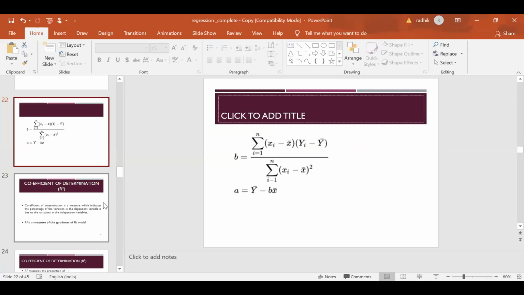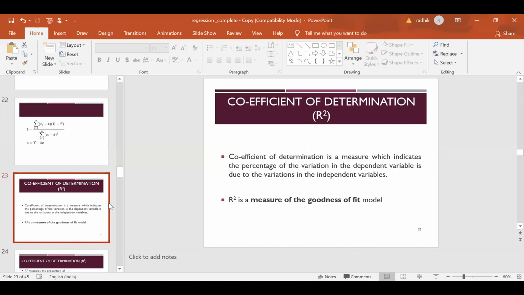Now coming to the next part, what we have to check when we do a regression equation. We have to check one more thing, called the coefficient of determination, or R square. You know about the correlation coefficient, denoted by small letter r, which is used to quantify the strength of relationship.